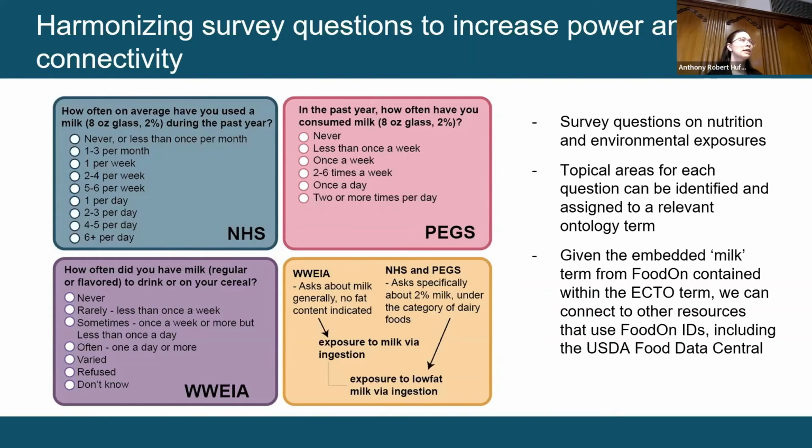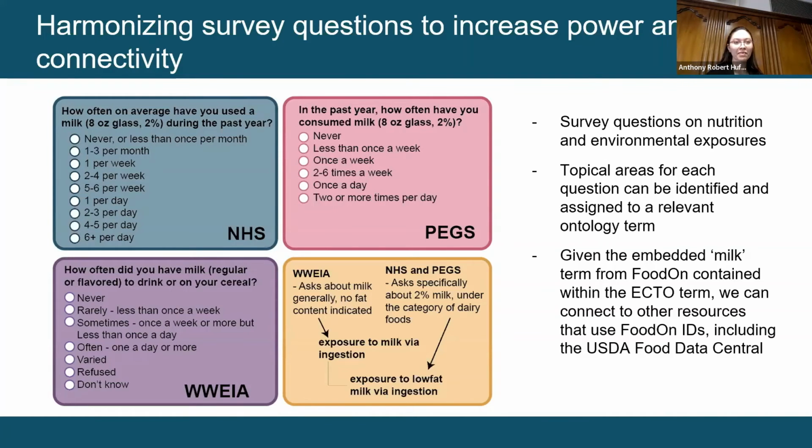Like USDA's FoodData Central, which is a great resource that provides specific nutrient information for a variety of foods. You can go all the way from that survey question to an ECTO term, see the FoodOn term that's referenced, and get to that nutrient content. So it's a lot more than you would have gotten if you just said, hey, here's this survey question, and maybe you could have looked up what was in milk, and that's fine too, but it's a little faster